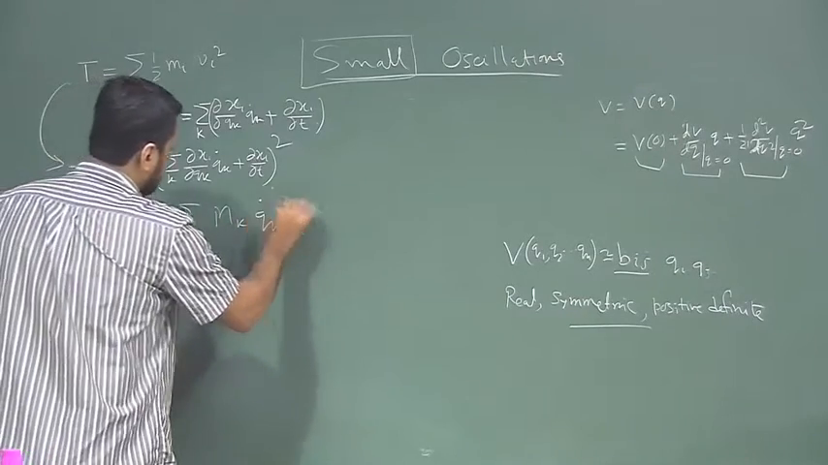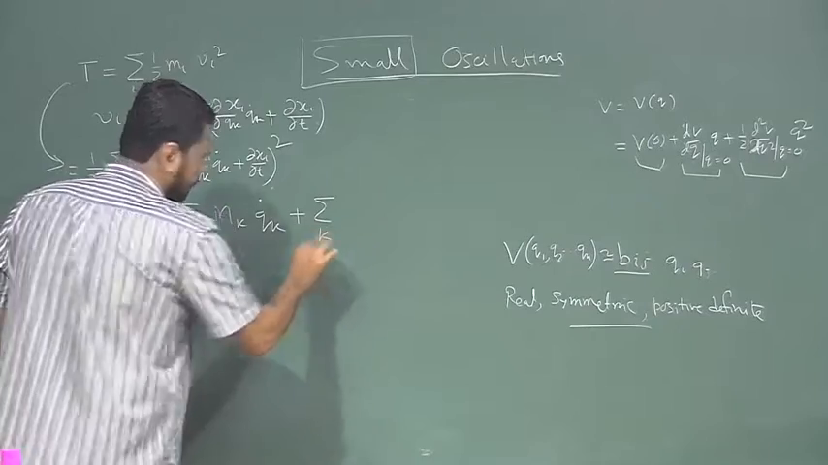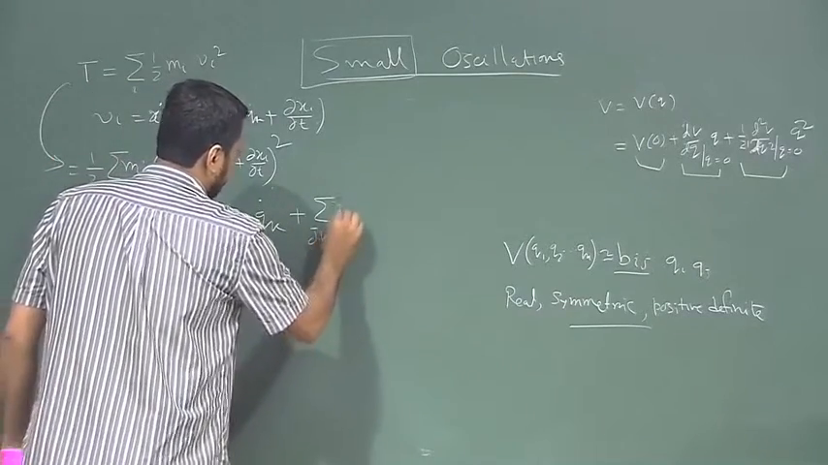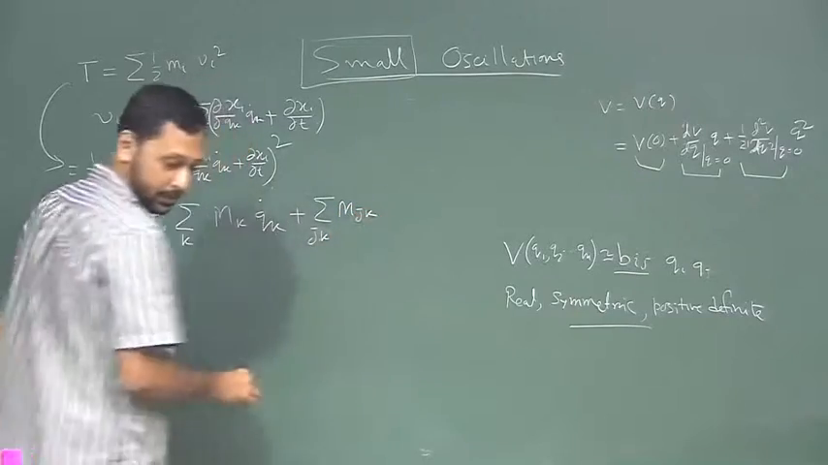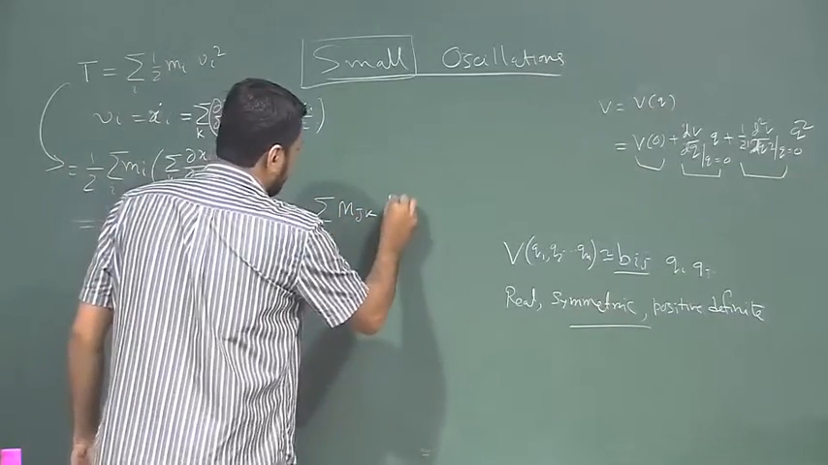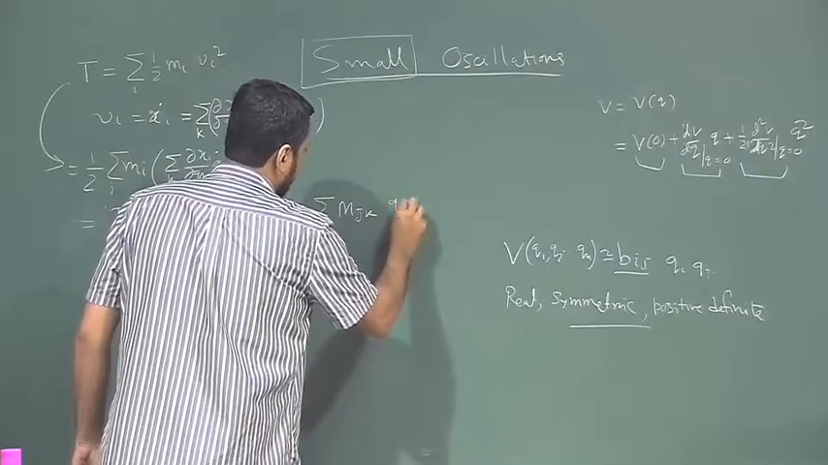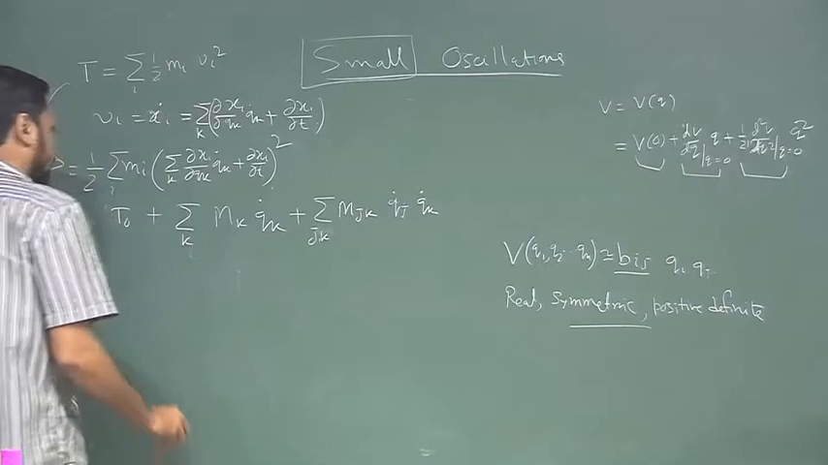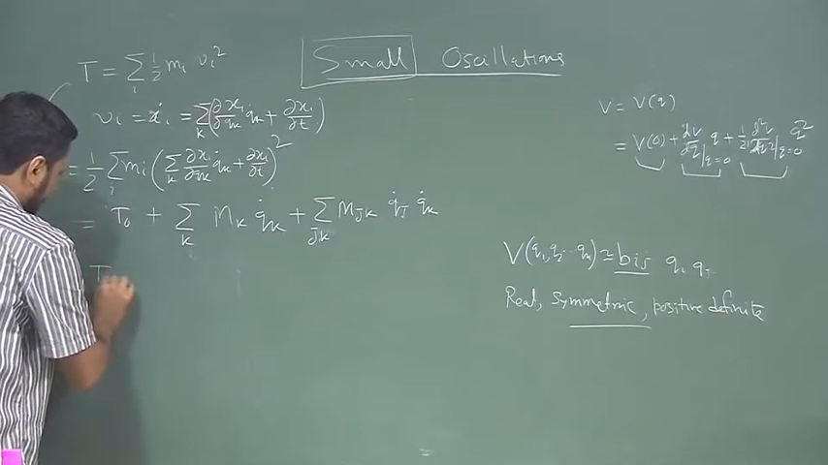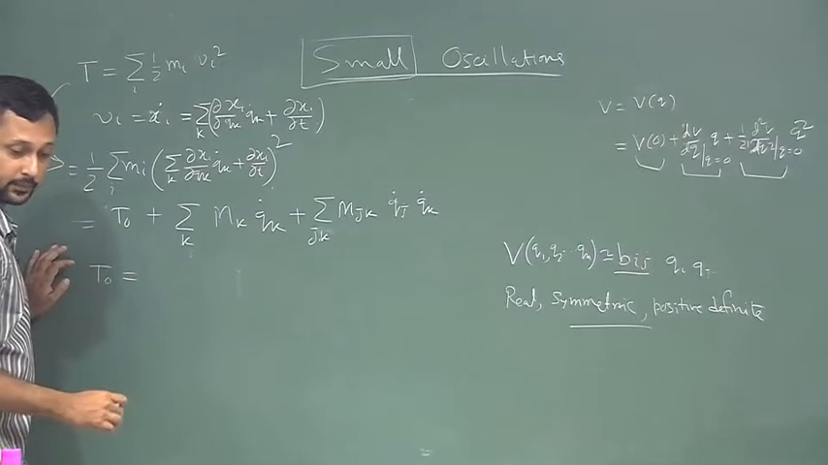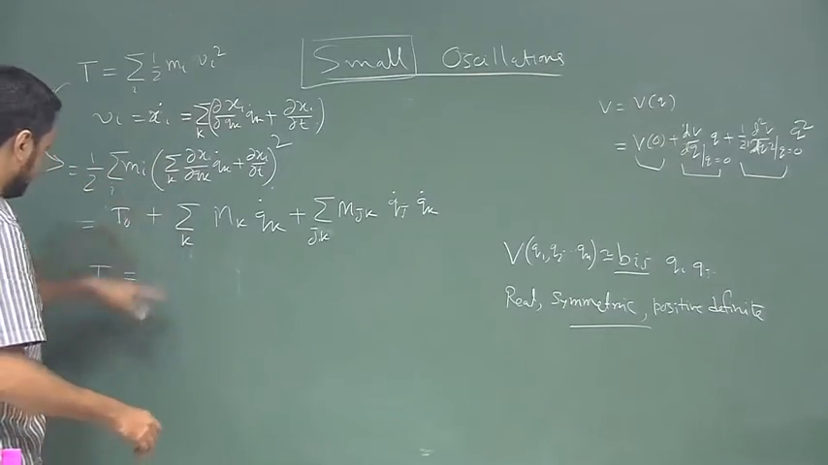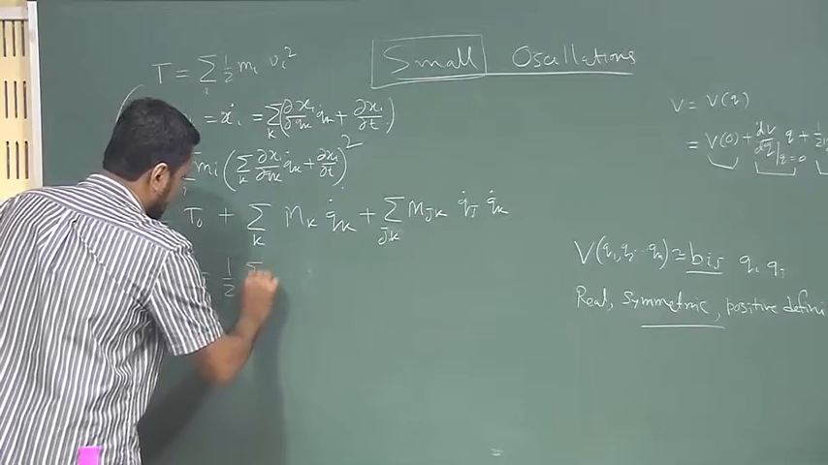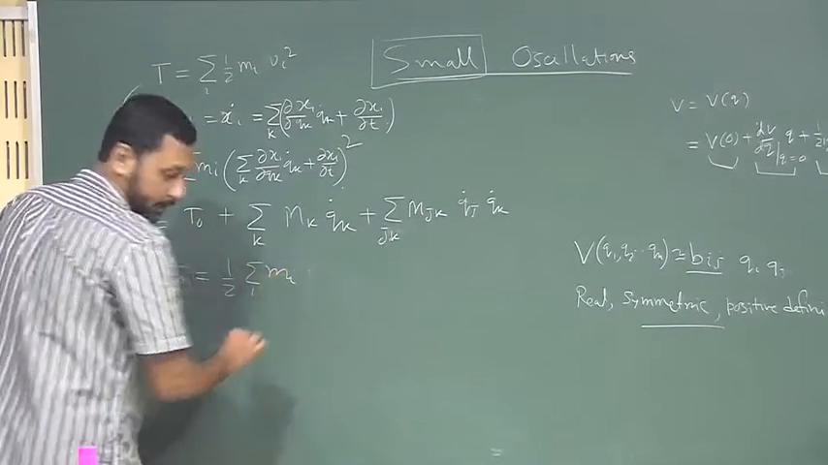q k dot plus sum over k, j k m j k, q j dot q k dot. Okay. Now, what is T 0? T 0 is given by, okay, I will just open the bracket and you will get all these terms. T 0 is given by sum over i m i